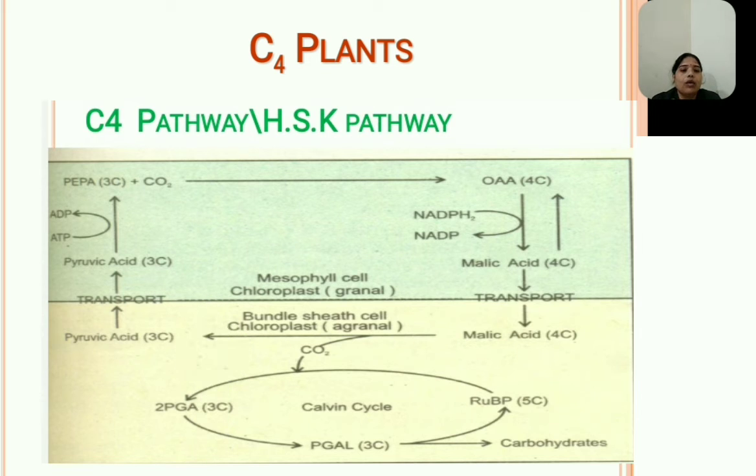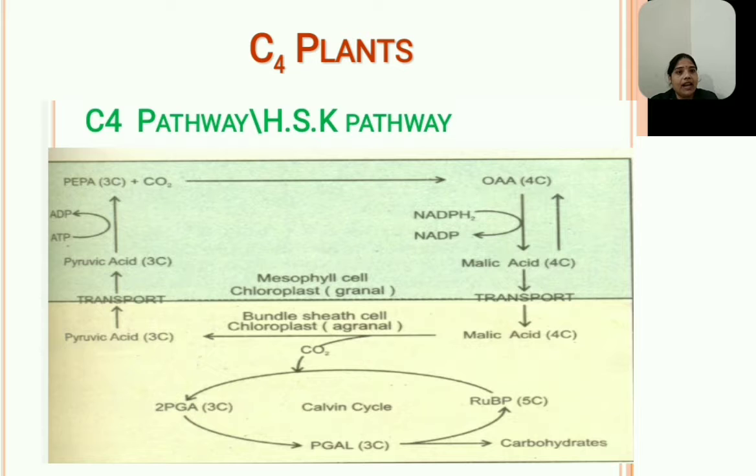So the chloroplast of this cell contains the enzymes of the Calvin cycle. Because of the high concentration of carbon dioxide, RuBP carboxylase participates in the Calvin cycle and not photorespiration. So the sugar formed in the Calvin cycle is transported into the phloem, and the pyruvic acid generated in the bundle sheath cell re-enters